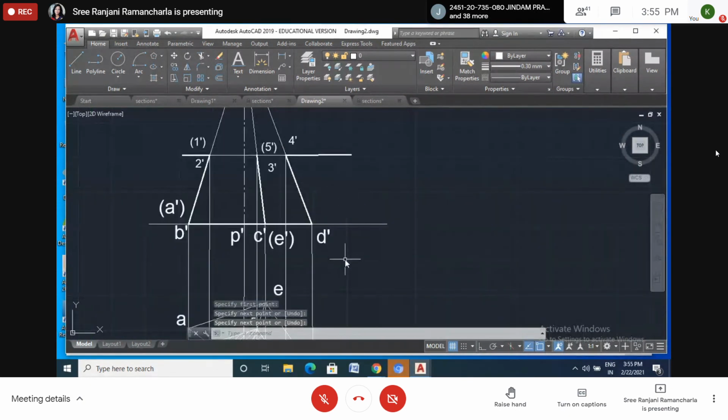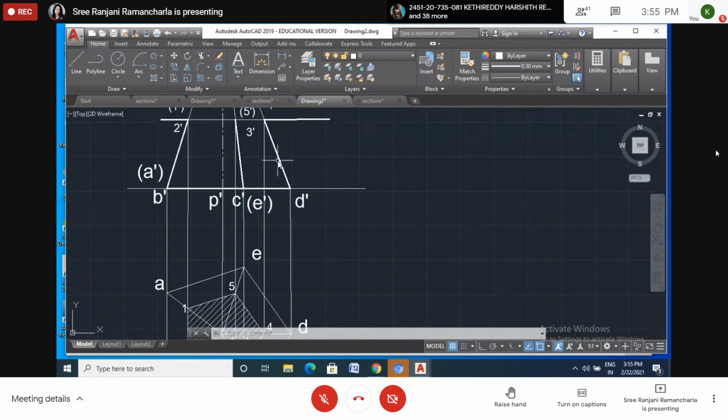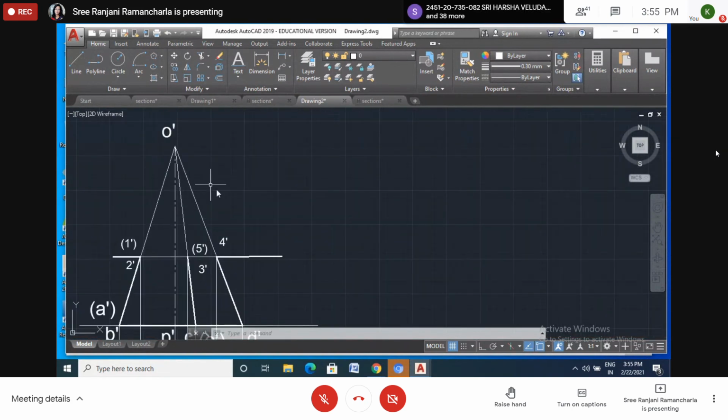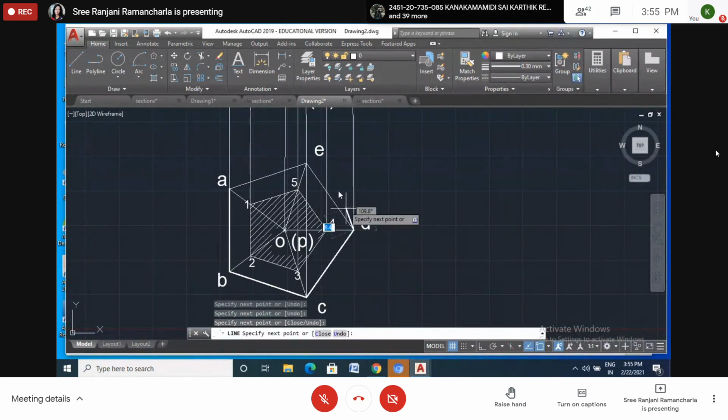Then what about the top view? This portion is assumed to be removed. This will not be there. Okay, this portion is not there. So here also we have to show. This is the remaining portion. For the remaining portion I will draw the thick line. Enter. So I will draw all thick lines. I can take the polyline again, this polygon command.